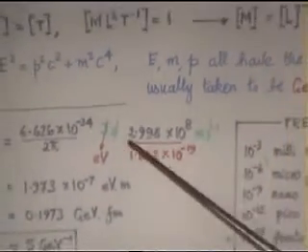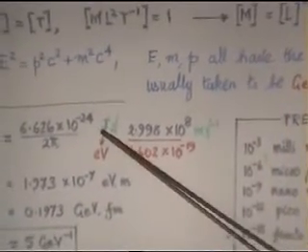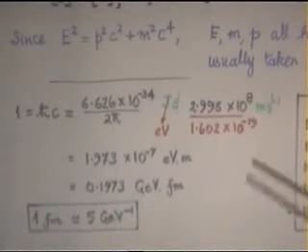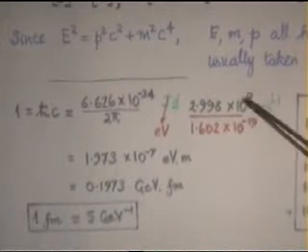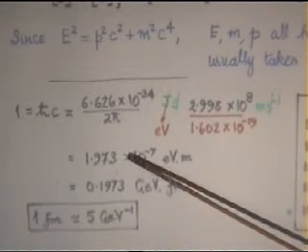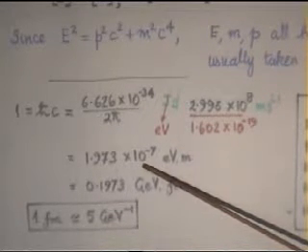You can see the seconds cancel out. And if we convert that joule into electron volts, we divide by 1.6 times 10 to the minus 19, and we multiply all of this together, we get something about 2 times 10 to the minus 7